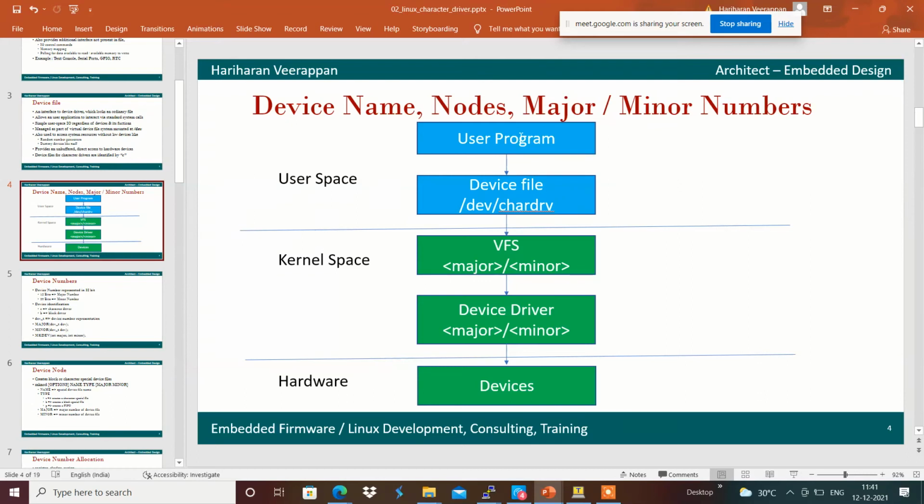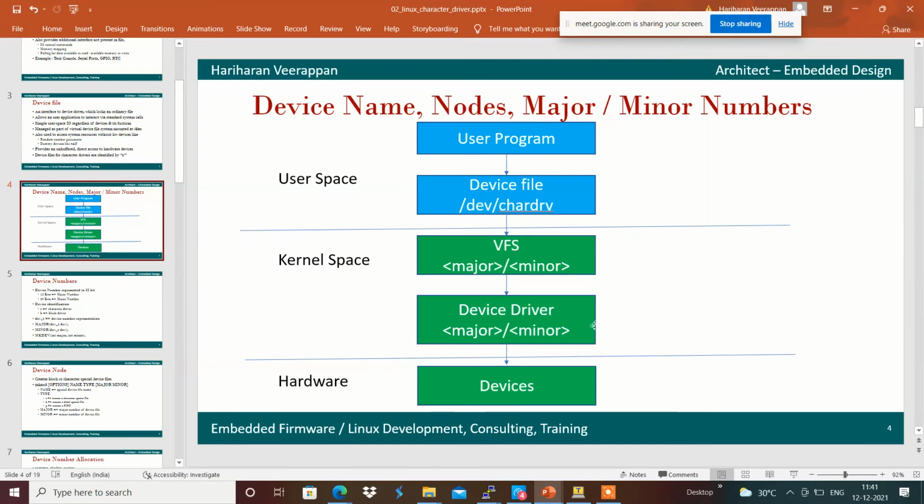Whenever there is a read on the character drv file, the respective read callback function present inside the device driver gets invoked. Similarly, whenever there is a write operation with the help of echo, the write callback function on the device driver is invoked accordingly.